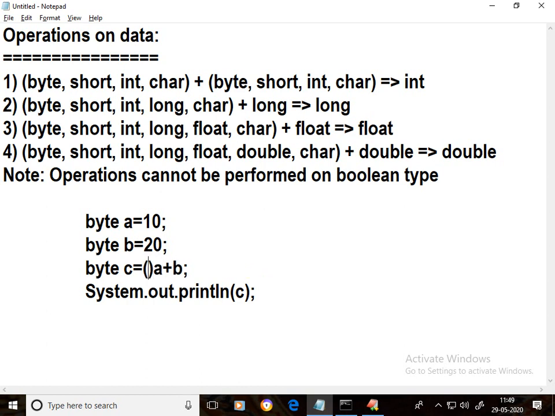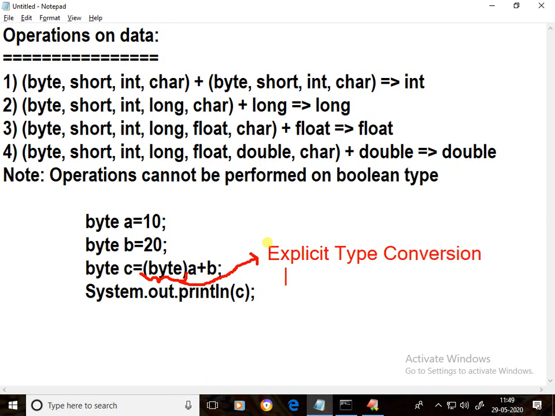Here I am writing byte. It is called explicit type conversion. We can also call it typecasting.